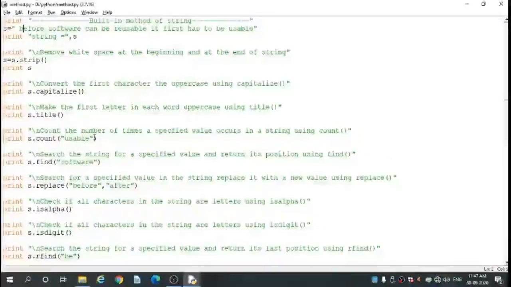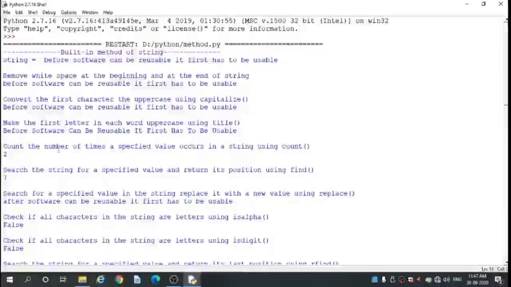Here we check how many times the string usable is repeated. Here usable and usable, so two times the specified value occurs. So in the output, the count is 2.